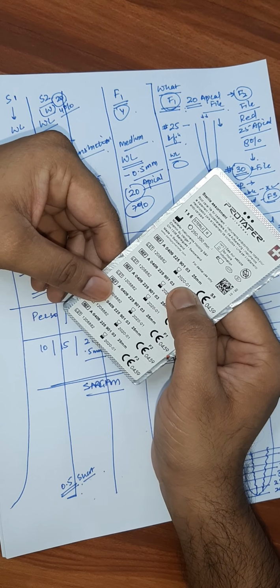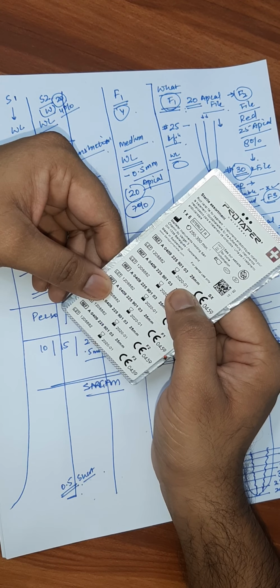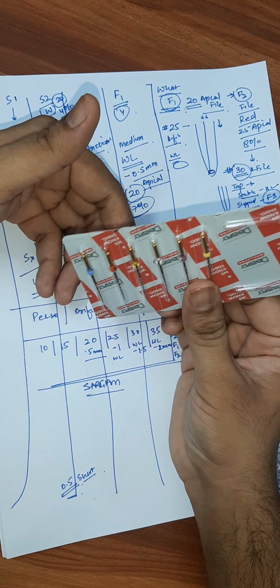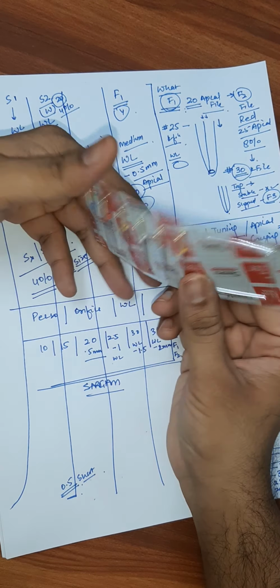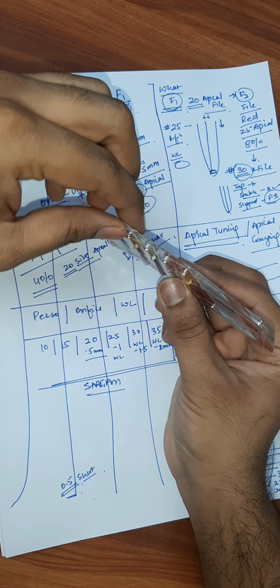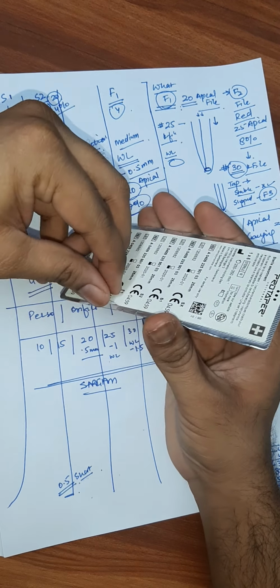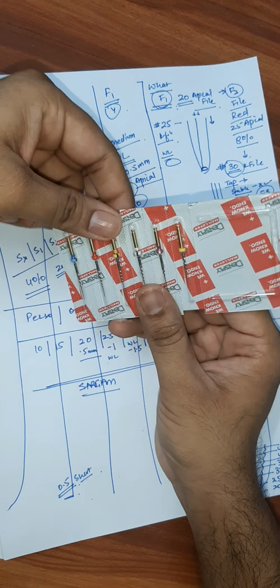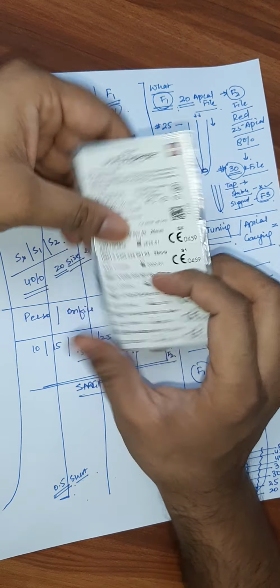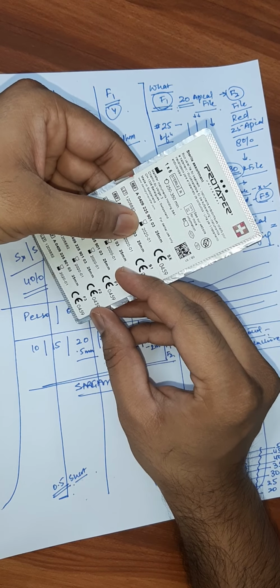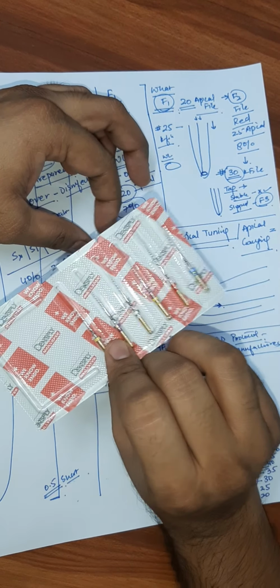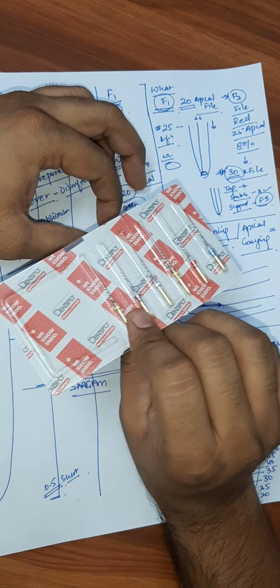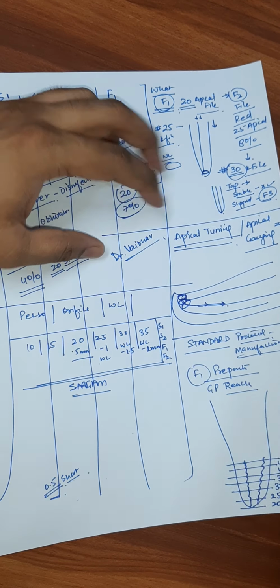The expiry is not for the file. Files do not expire. Their sterilization expires. This is a bacteria-free sterilization that they do. It's a sealed blister pack, you can see. But yes, when you see this expiry, that means the sterilization of this pack has gone. Before you use this pack, you have to sterilize them for your patients.